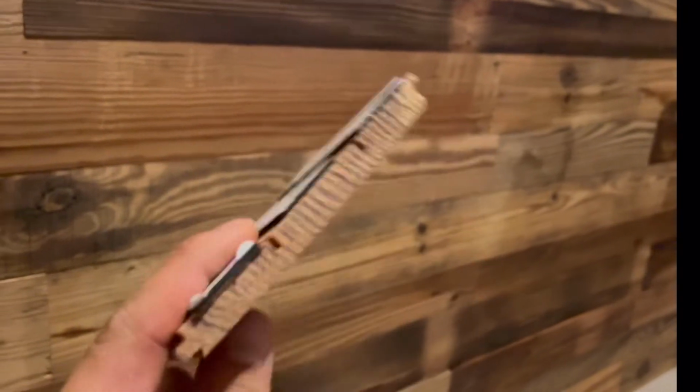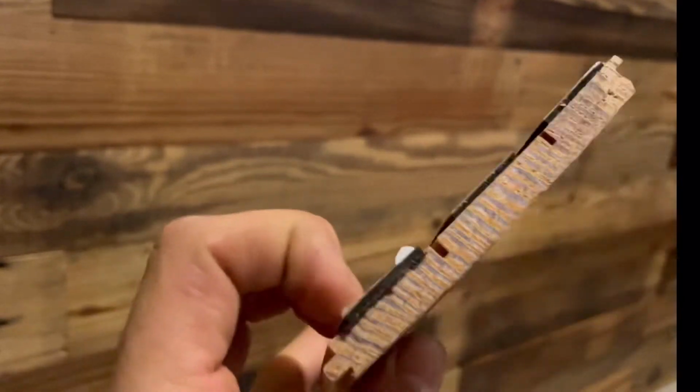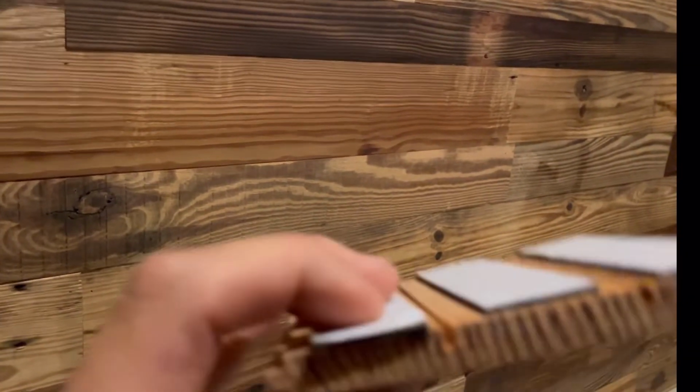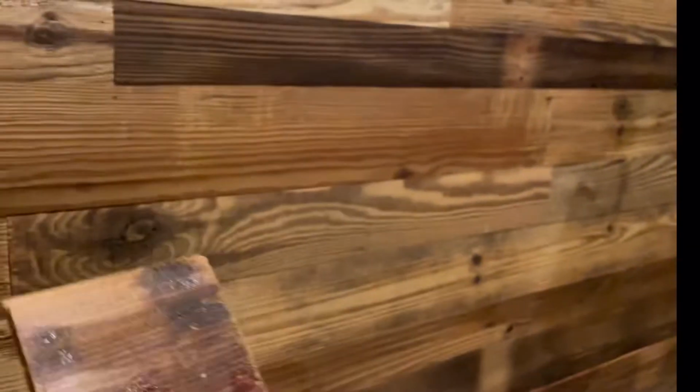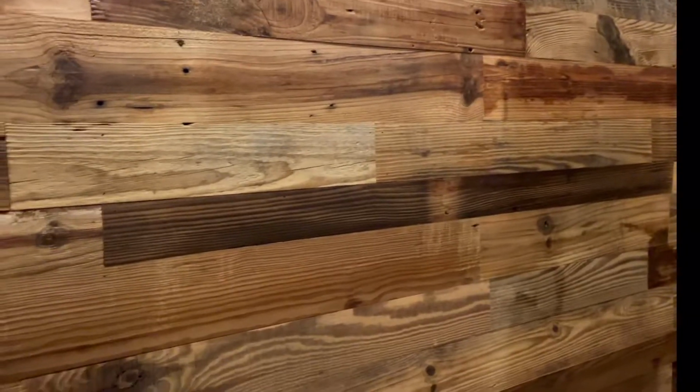And it's got a sticky tape on the back, and very sticky too. So I haven't really used it though, because, you know, we're tying into the studs. I'm using plenty of nails though, but it is really sturdy. So yeah, that's